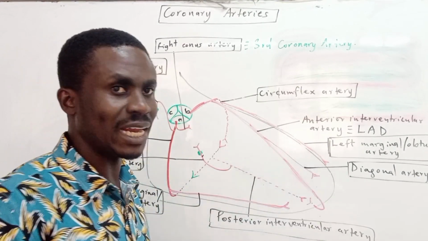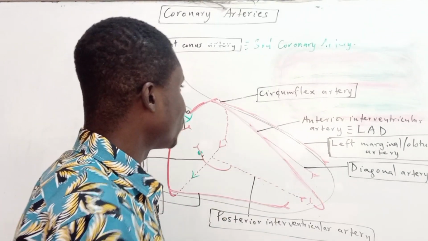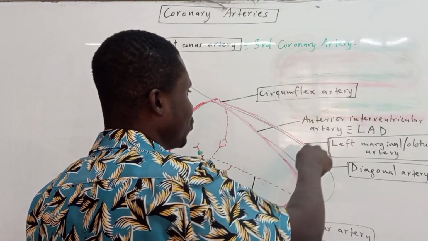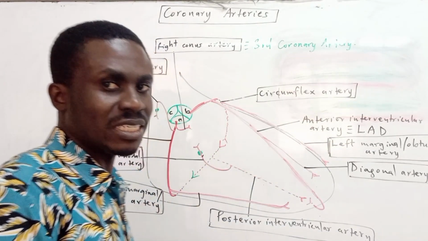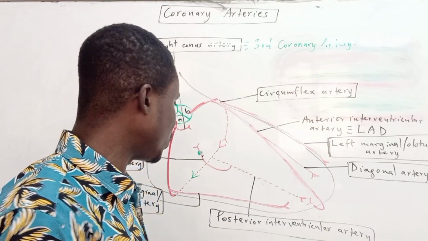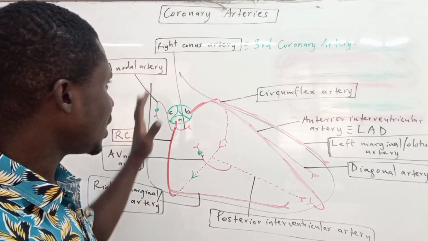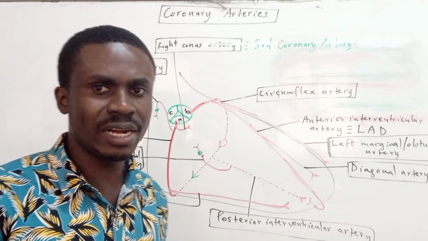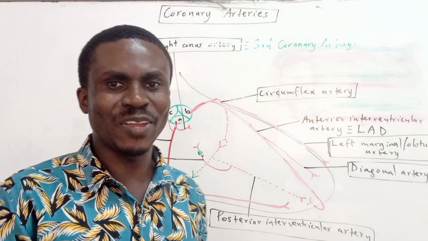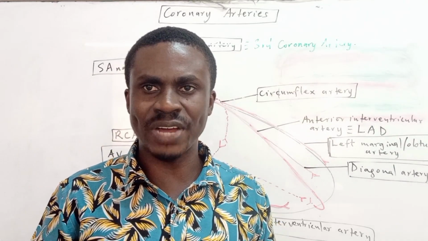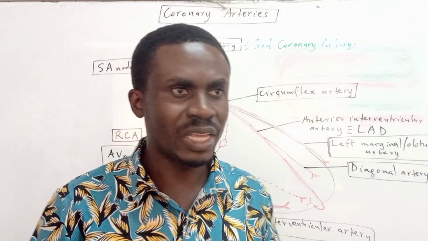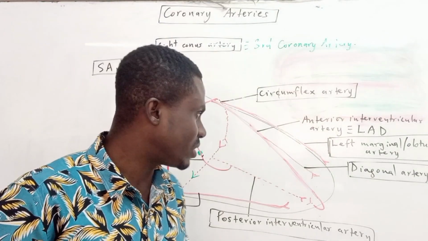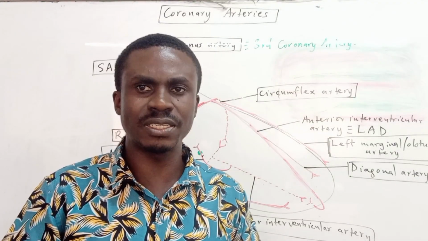It gives off the diagonal, the name is diagonal artery. And then also from the circumflex artery, we find what we call the left marginal, or the obtuse marginal artery. I want you to really picture this one. If it's in your mind's eye, then you will be able to identify all these vessels, right? Now, one more thing which I want to say, and then we move on to that of the veins, is